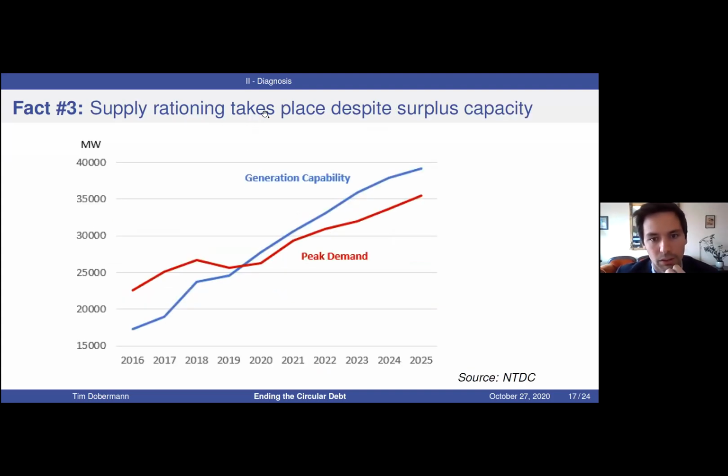Now, lastly, you have this same issue of supply rationing. And I think one thing which is interesting is that the legacy of peak demand surpassing generation capability seems behind Pakistan. And there's a lot of factors behind this, but the idea, at least currently, is we're entering a period of what seems like relative surplus. And so we do, I think, see reductions in rationing and in load shedding that's happened as a result. But the point I want to make is that the continuation of this supply rationing is likely going to